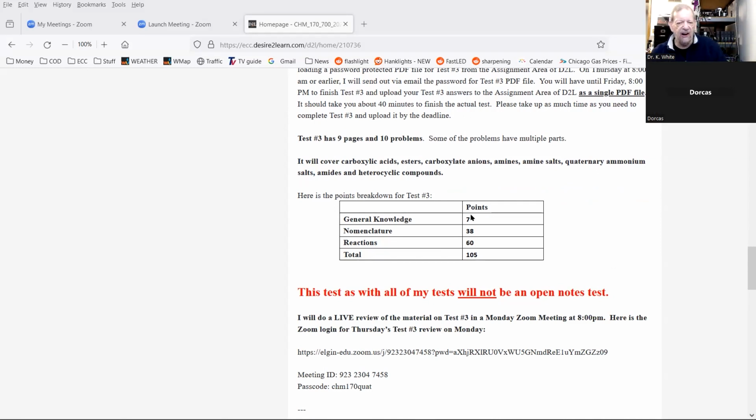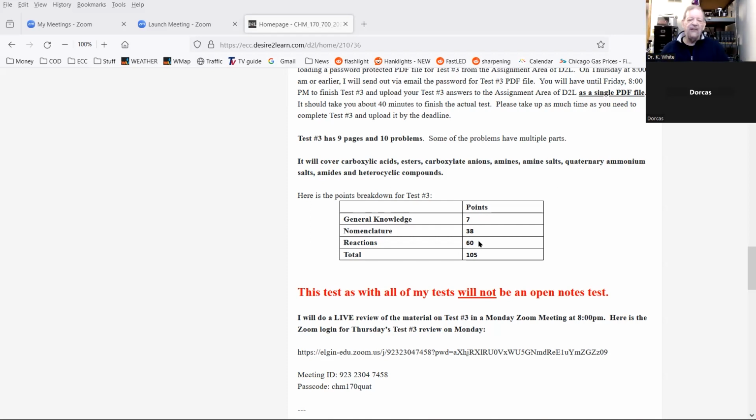It will cover carboxylic acids, esters, carboxylate anions, amines, amine salts, quaternary ammonium salts, which are near and dear to my heart, amides, and heterocyclic compounds. The breakdown: 7 points general knowledge, 38 points nomenclature, and 60 points reactions. There'll be five